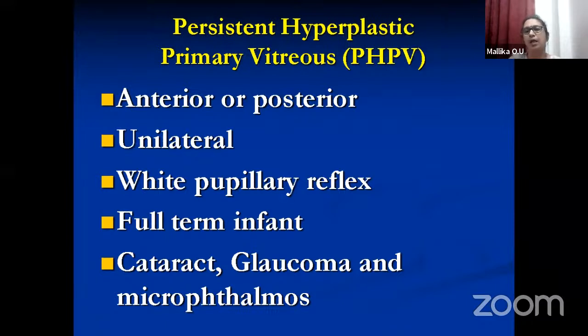Amaurotic cat's eye reflex. It is called amaurotic cat's eye reflex or white pupillary reflex. There are so many conditions in which the child can present with a white reflex from the pupillary area. The commonest reason, as you know, is a congenital cataract. Other causes, the most important and the dangerous cause for amaurotic cat's eye reflex is retinoblastoma, the tumor with a